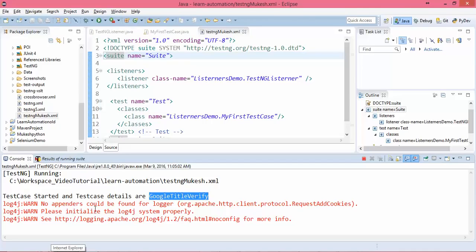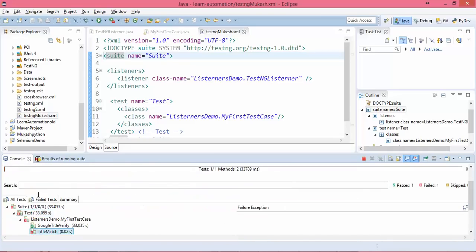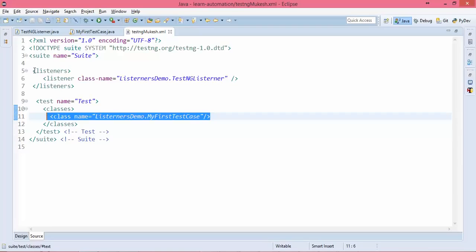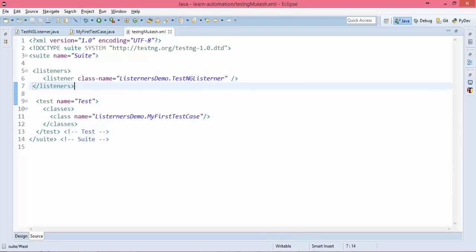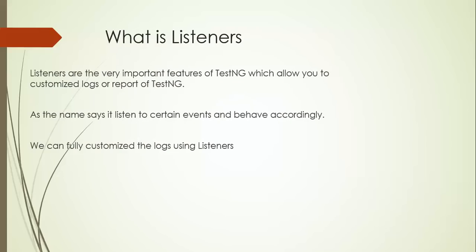Okay, now it will do the same execution. Yeah, it will print the title, test case success, and another test failed. So like this, if you have 10 classes, this listener will be implemented in all. Okay, so this is what I have for this.